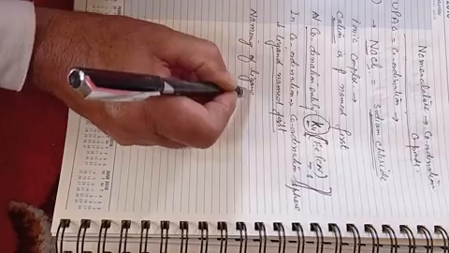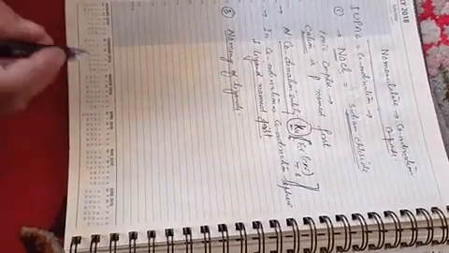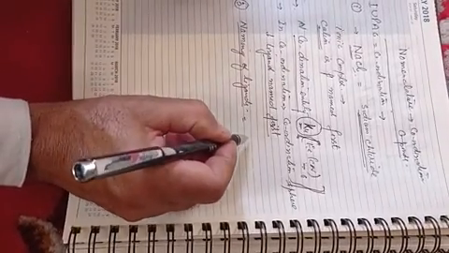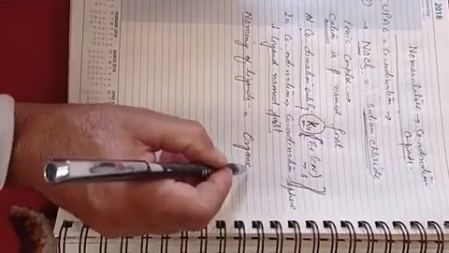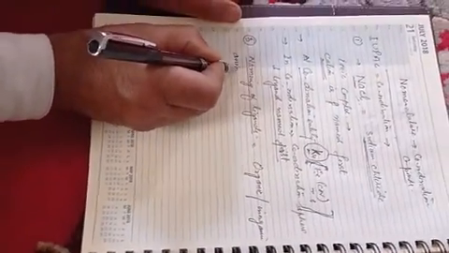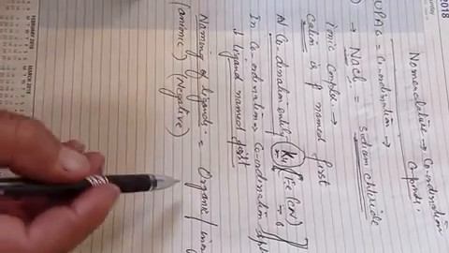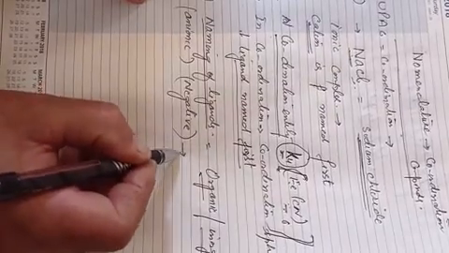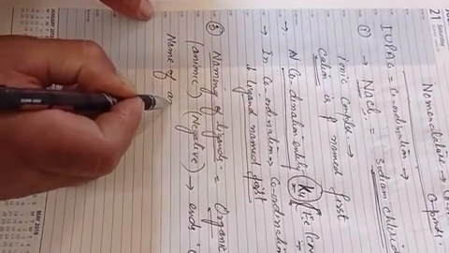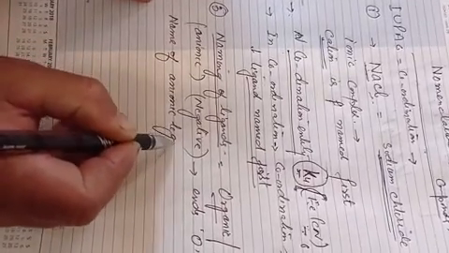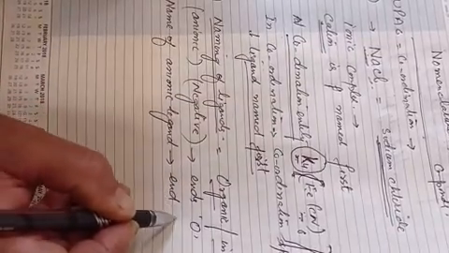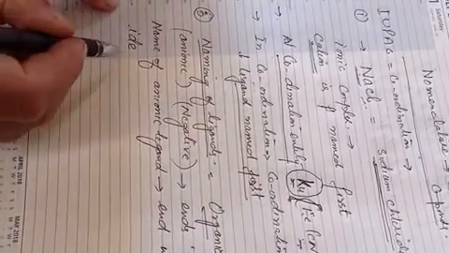So for naming of the ligands, first of all, whether the ligands are organic or inorganic, if they are anionic, that means those ligands having a negative charge, then their names end in O. I will write it: name of anionic ligands, those having negative charge, end in O. That means if the negative ligand ends in ide, or ite, or ate,